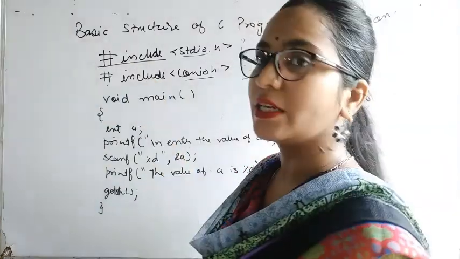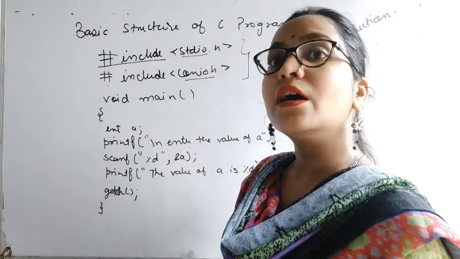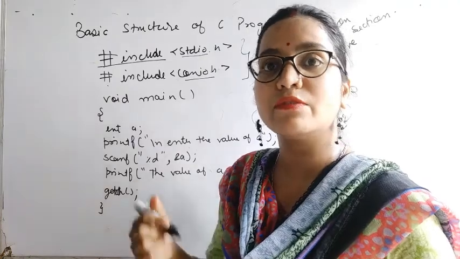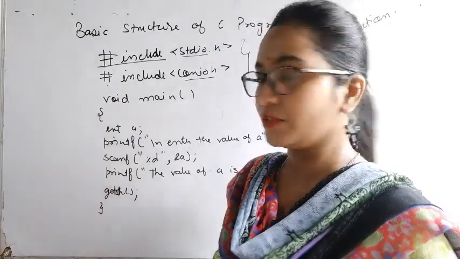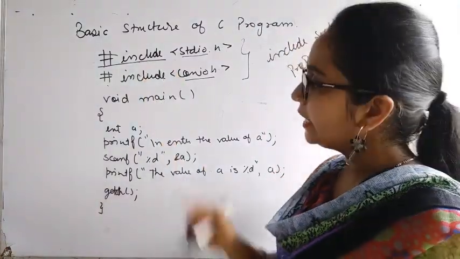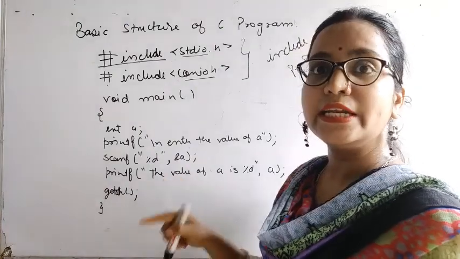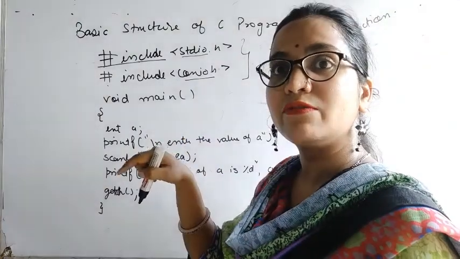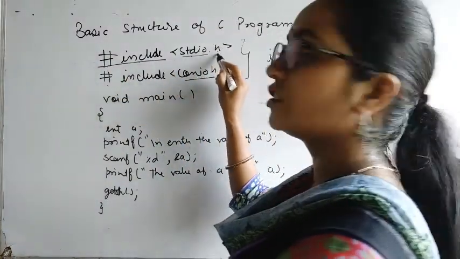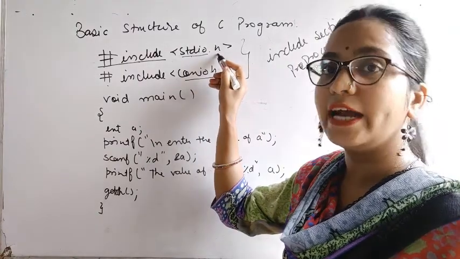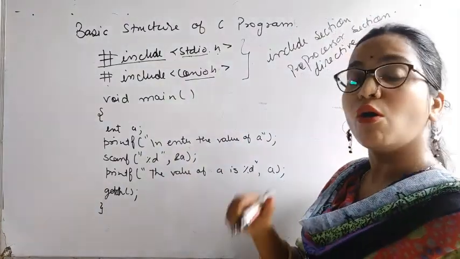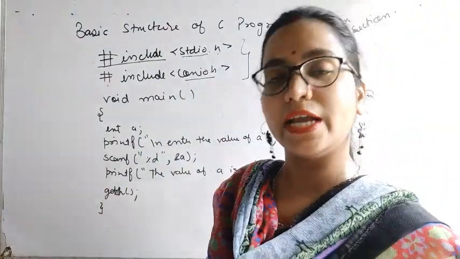This is the include preprocessor. To use a built-in function in your program, you have to include that particular file. So hash include says that we want to include a header file in our program because we need a built-in function of that header file. So this says hash include stdio.h. .h means dot header file. This is the file name stdio, and h means this is a header file. So all the header files have the extension .h.